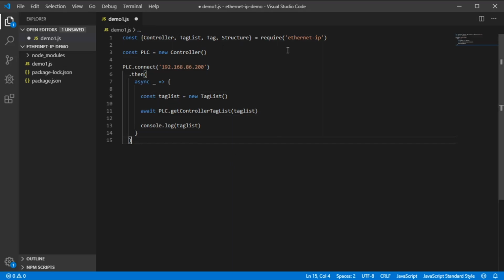So with simple values like integers and bits that are not structures, we'll just use the tag. And if we need to read something that's a structure, then we'll use a structure. So what should we read? Well, we can go back to our list,